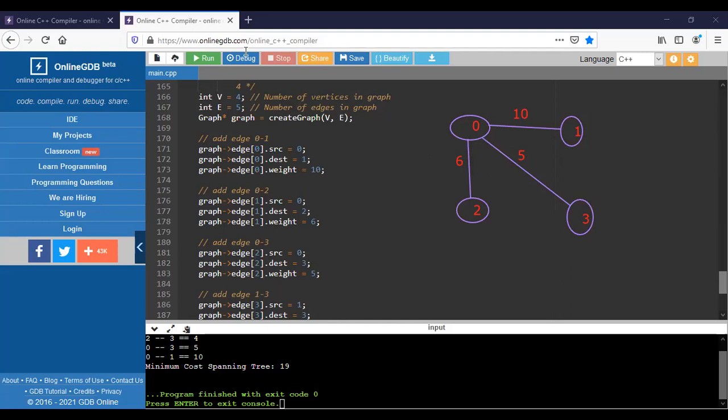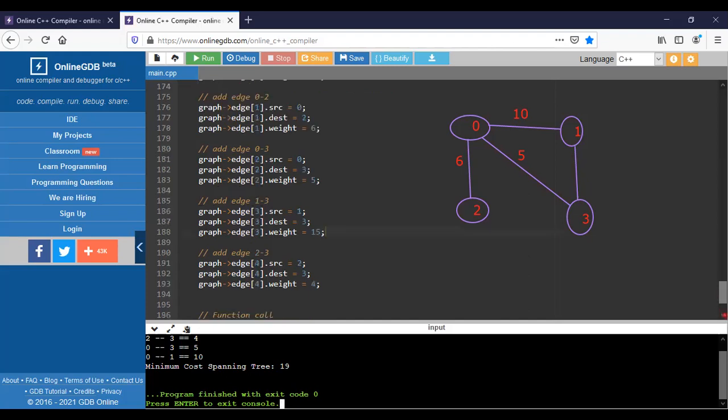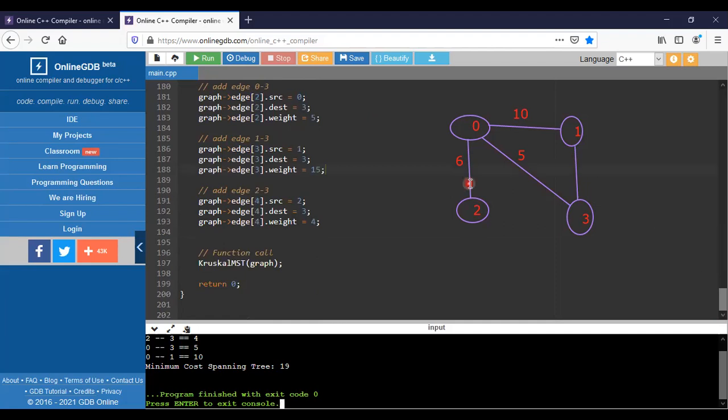1, 2, 3. So for 1 to 3, the distance is 15.